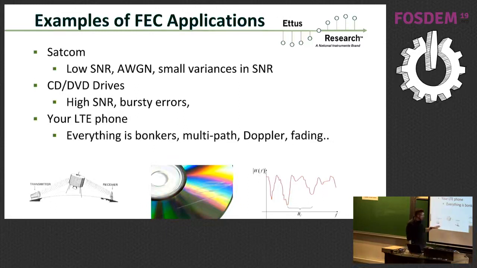So if we want to have a code for this kind of link, it'll be different than what a CD player does. If you consider a CD player, you have a scratch on a CD, that means all of these bits are fine, and then poof, a whole bunch of bits are gone. And then you continue here with good bits. This is a different kind of error that you obviously need a different kind of code to